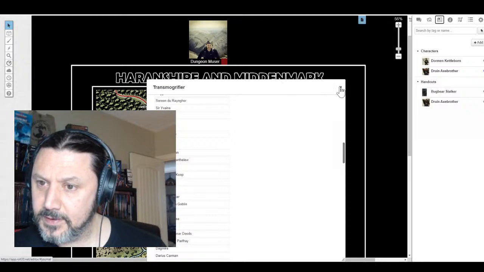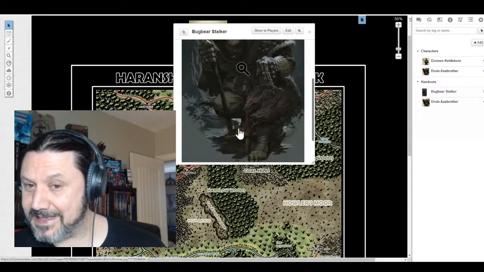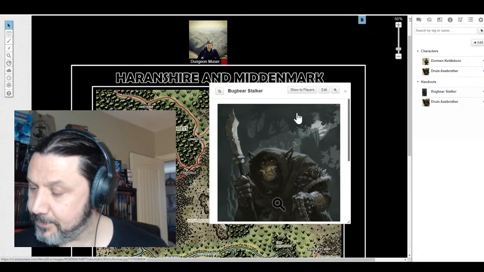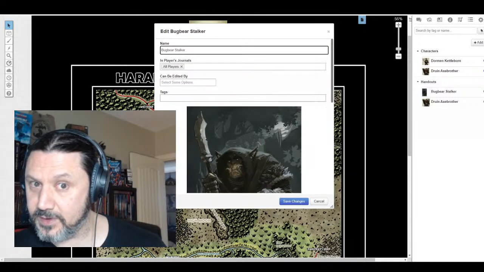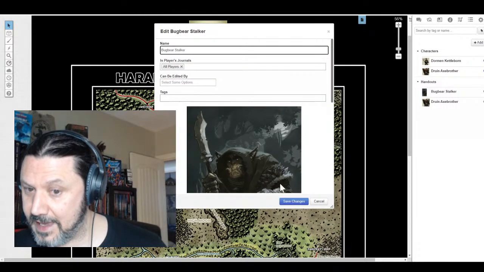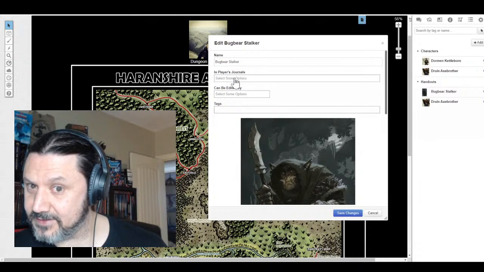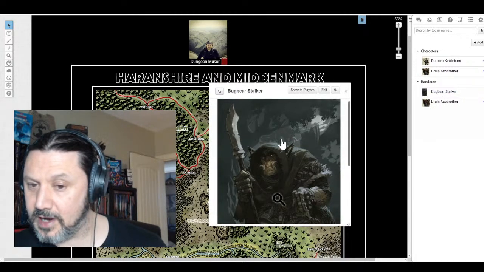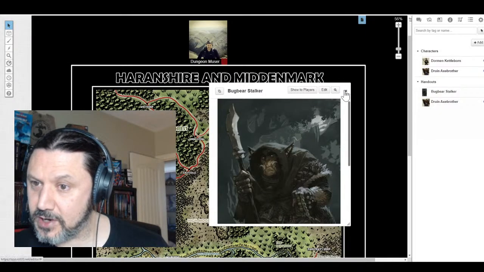Now, my handout has already showed up, but it's showed up with the permissions that I had set for my previous game, which is to say all the players can see it. I don't want that. I want to surprise them with it. So I'm going to go into Edit It. I'll go to Who Sees It. I'll take that out. Save it. Now there's no longer any blue dot next to the name, and only I can see the Bugbear Stalker,